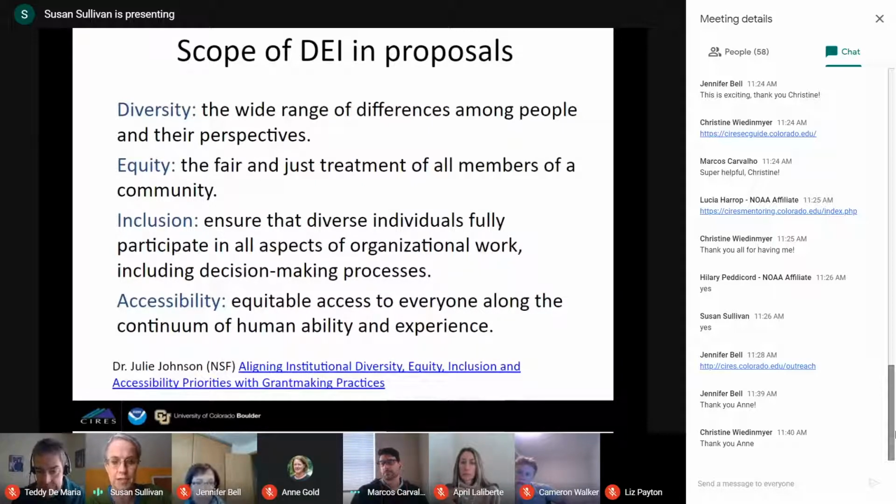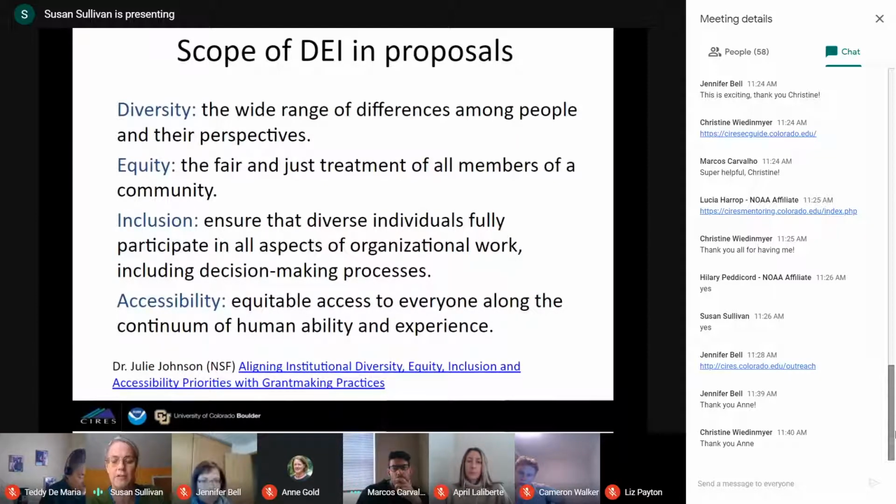It goes far beyond checking boxes in a simplistic idea of diversity. It's broad. Equity is different than equality. Equality is making sure that everybody gets the same thing. Equity is making sure that people get what they need to be able to succeed.